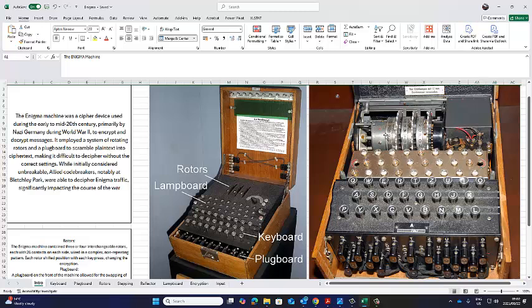Then there's a deflector, meaning it makes a U-turn, and then it comes back. So then let's say the S goes into the reflector, it comes back, and then it goes back to U. U gets encrypted to Y, Y gets encrypted to S, and then it comes back to the plug board, and let's say it goes to S here, which is then encrypted to A, and then A, the light bulb of A will